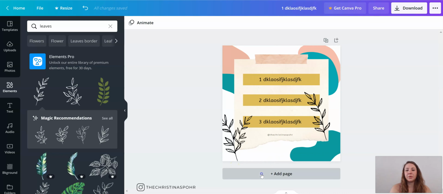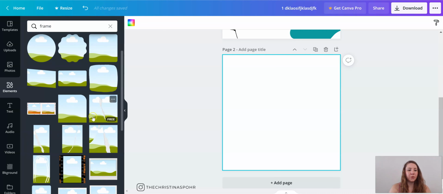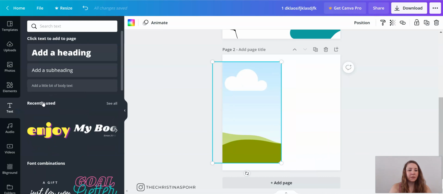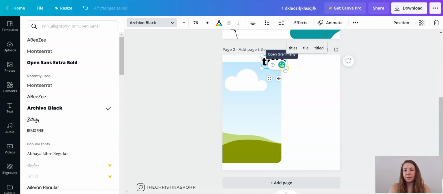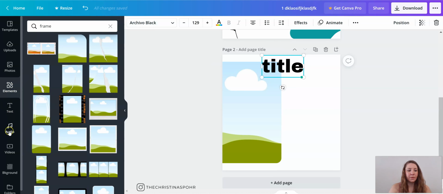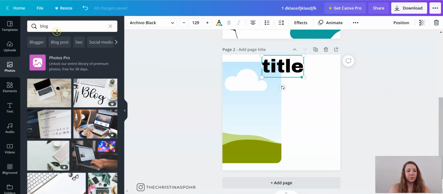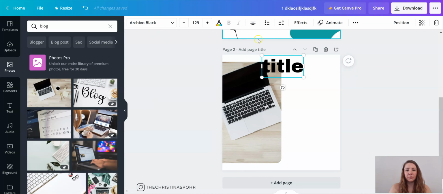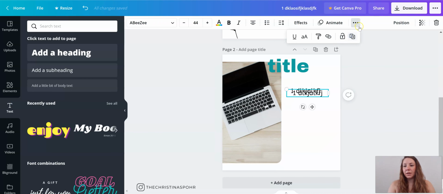Now, of course, there's so many others you can add. You can do a simple frame and you can bring in an image like this. You can add text, number, title. Like, what is it kind of be about? Let's go to images. Let's say you're doing a blog post, so you can come in and move that image like this and do a blog post and change the color, text, and you'll just duplicate it and then duplicate it again,